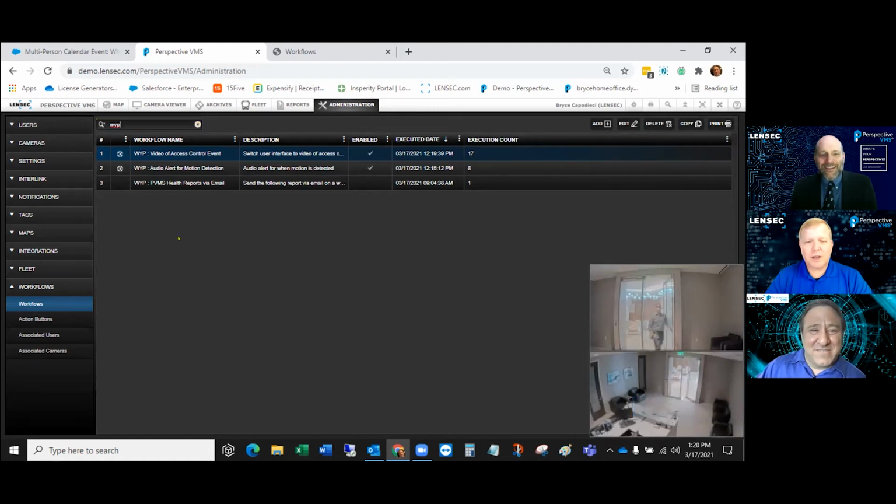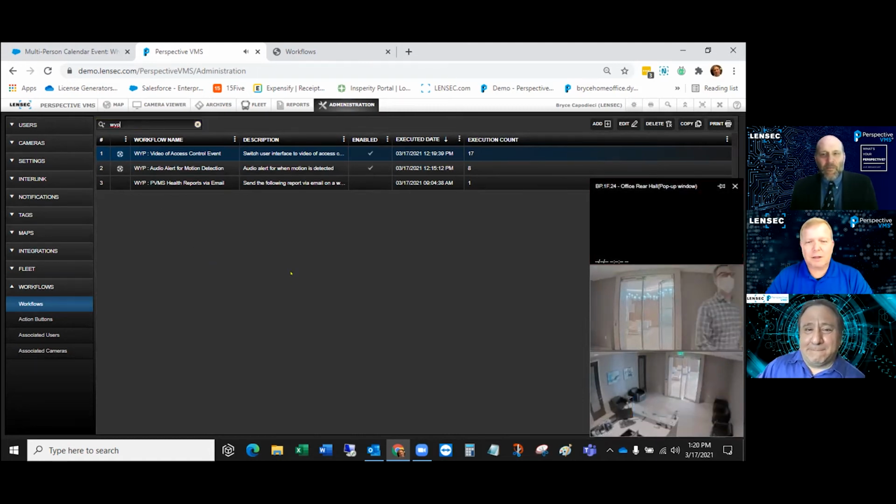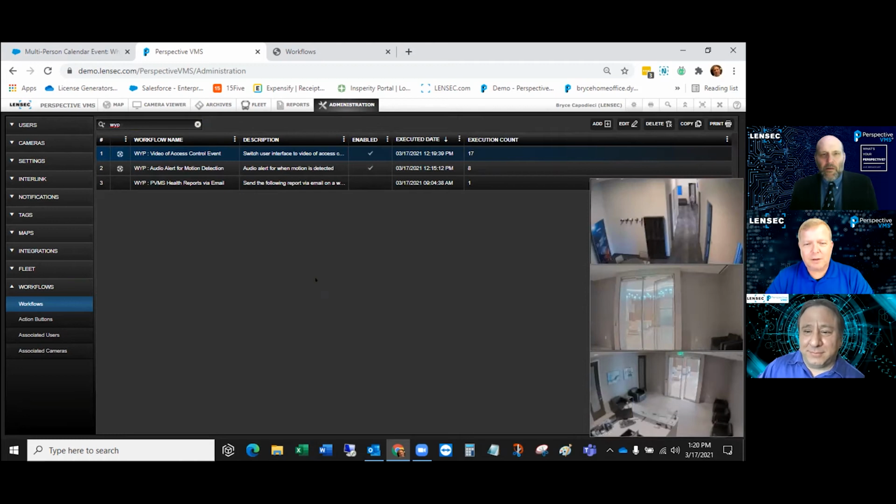Now we're noticing a lot of pop-ups down in the right hand of your screen there. I'm assuming you're getting to that, right? Well, this is a workflow. I don't actually have it set up to talk about and to test, but this is a great workflow, kind of in line with what I was just showing you. Some people do like to see